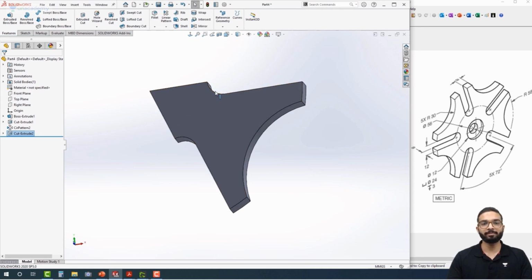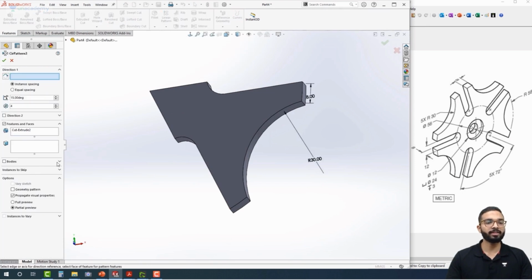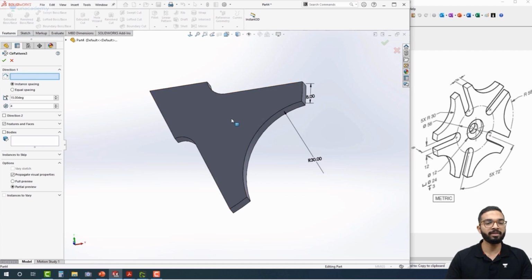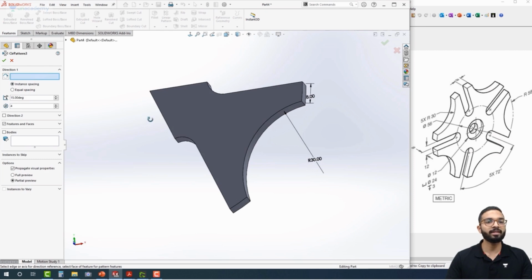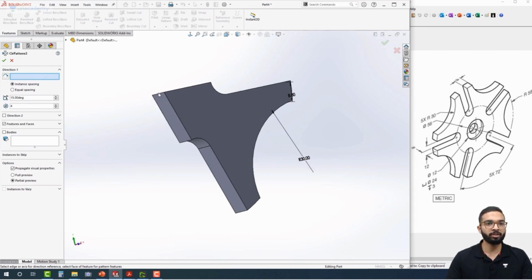pattern it. Here again we would be using the circular pattern command. Instead of features, now we would be patterning bodies. We will click here in bodies and we'll select this one. We will delete it from over here. We will set the direction or the axis of a circular pattern as this edge again, and in bodies to